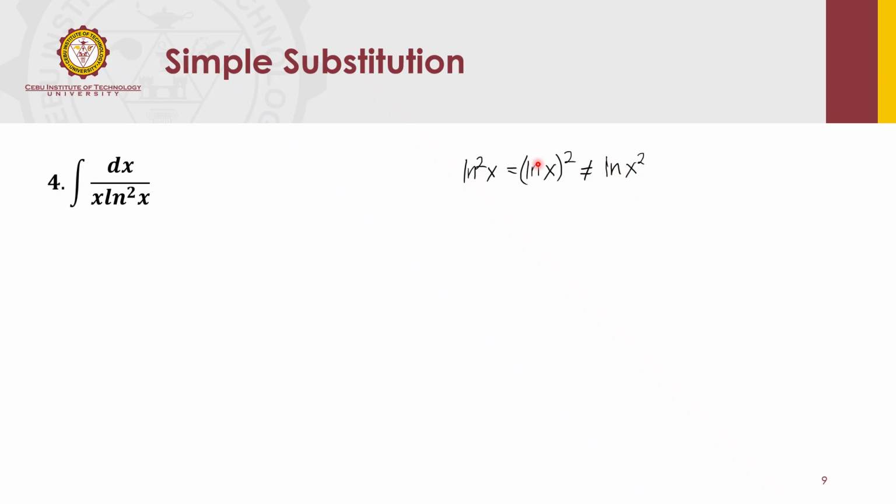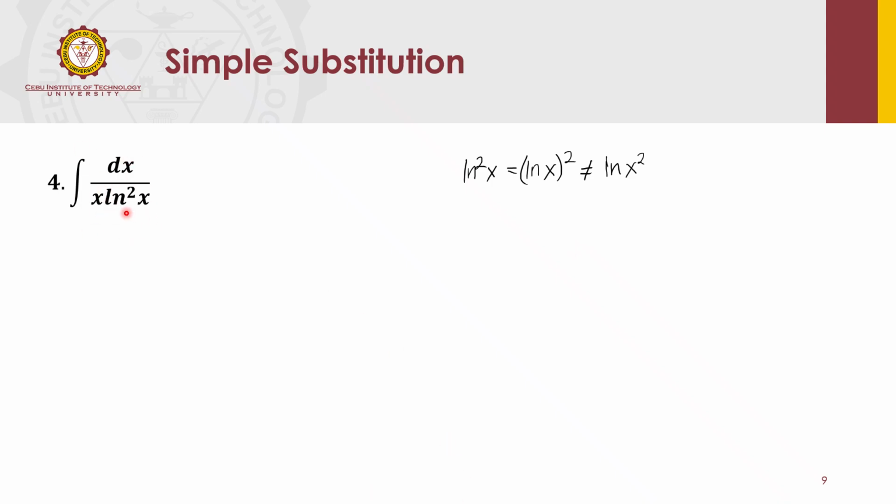These two are the same. Okay, so if we let this be our u, would the 1 over x be our du? Okay, and the ln of x is in the denominator. If this would be our u squared, then it becomes u to the power of negative 2. So, this 1 over x, that is not possible.